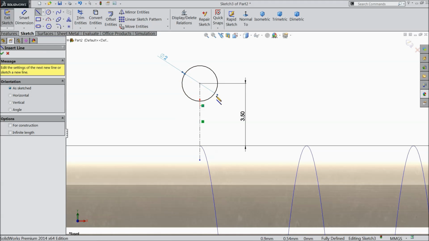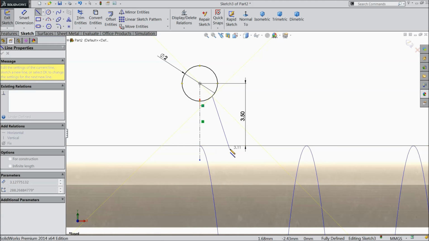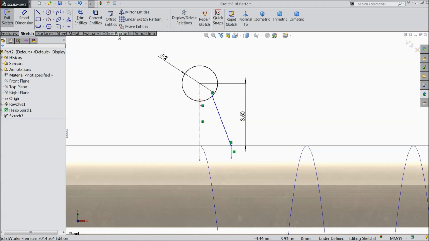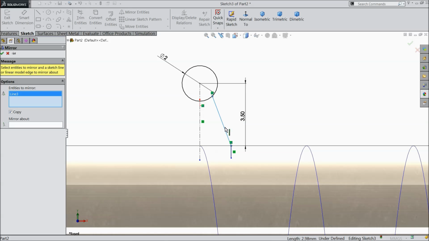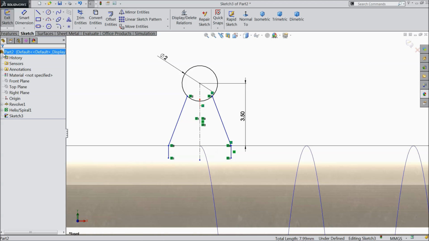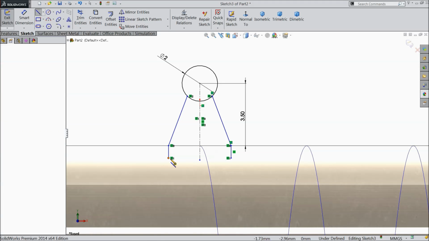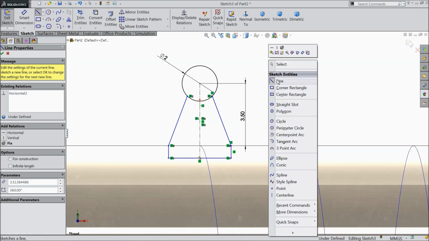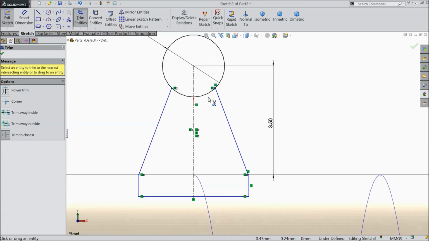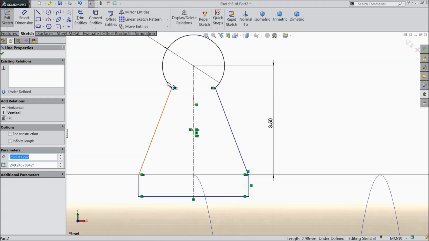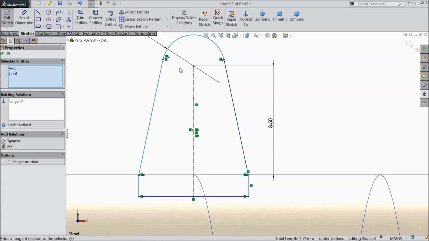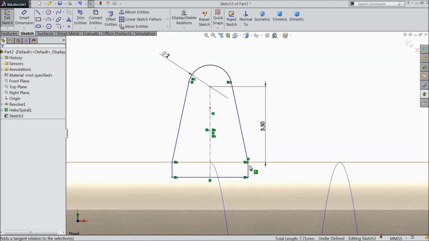Okay, select the line, select up to this circle, then a vertical line, exit, mirror, select these two lines and mirror against the vertical center line. Okay, now connect both the lines at the bottom. Choose Trim Entities, trim these inside lines. Okay, tangent. Okay,